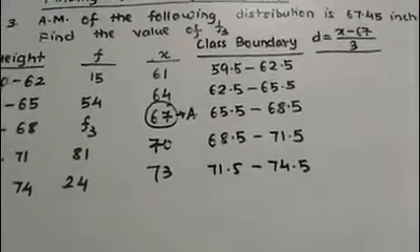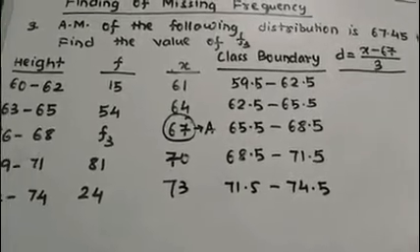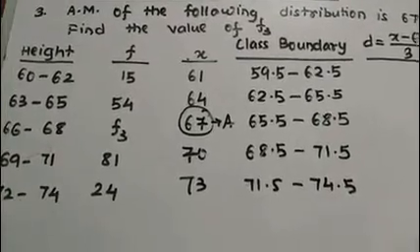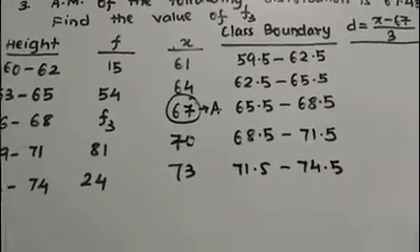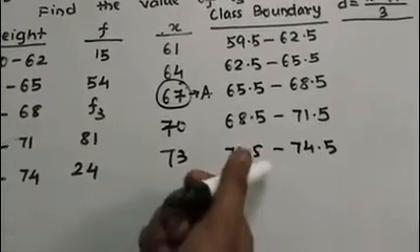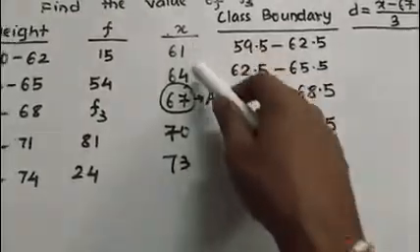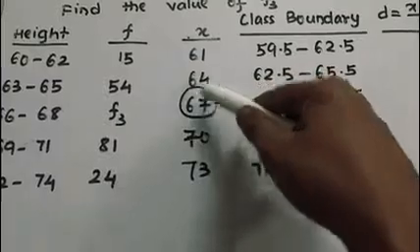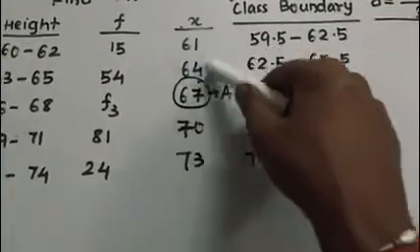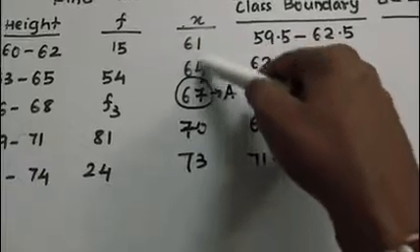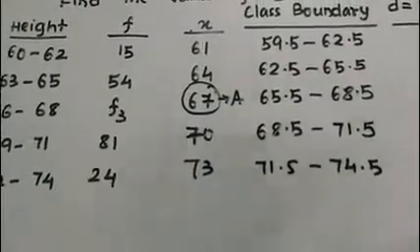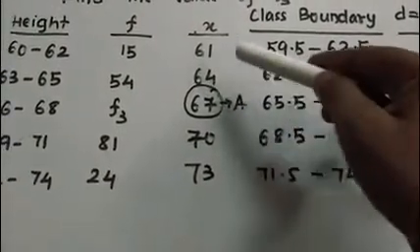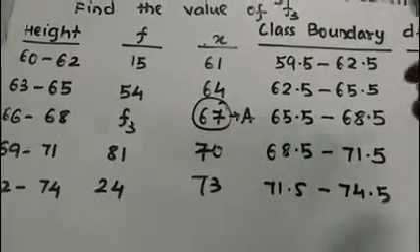So remember one note from here: never find your i from your discontinuous class interval. You will get the wrong answer. If you try to find i from your discontinuous class interval, you will always get a wrong answer. Either convert them or just check from your x data. See what the difference is between each x data. 3 is the difference between each x data. Second note, the difference between two consecutive data of the x column will give you the value of i.